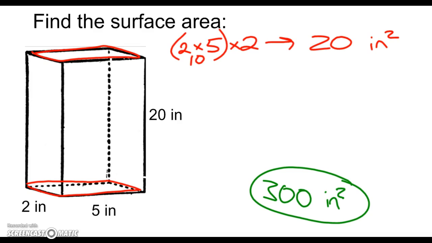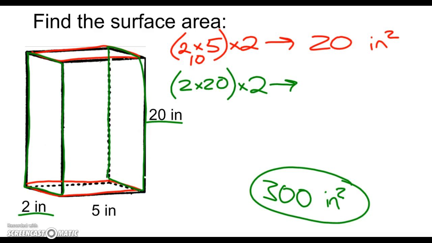Okay, let's find 2 other rectangles in here that are the same. There are 3 pairs. We got the 2 sides. What are those? Yeah, and I bet a lot of you picked up on that. My favorite saying, sarcasm. Okay, so we have a 2 by 20 rectangle. How many of those do we have? We've got 2 of them. So 2 times 20 is 40, times 2 gives me 80 square